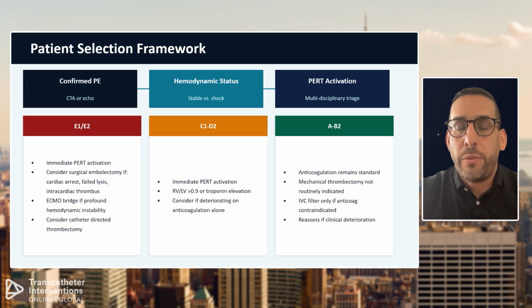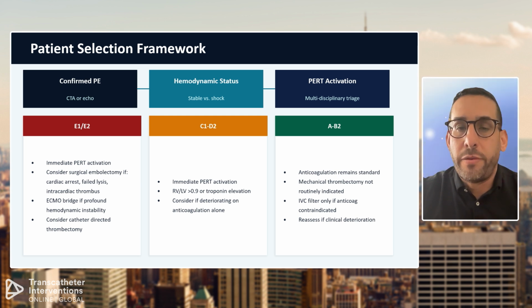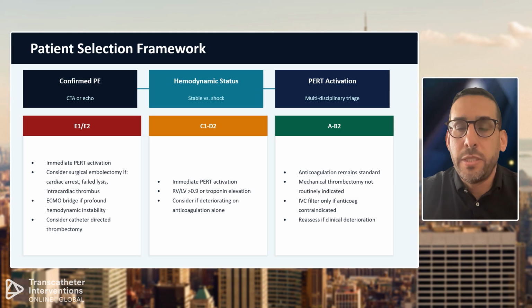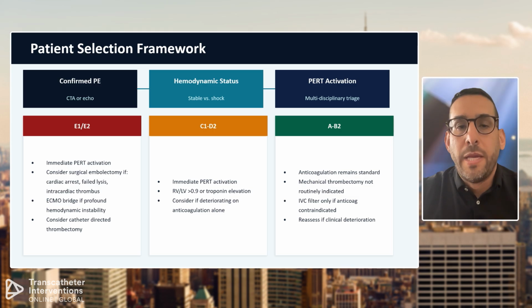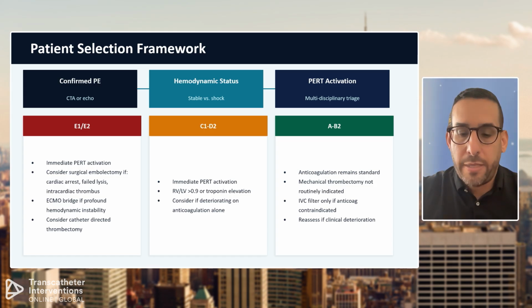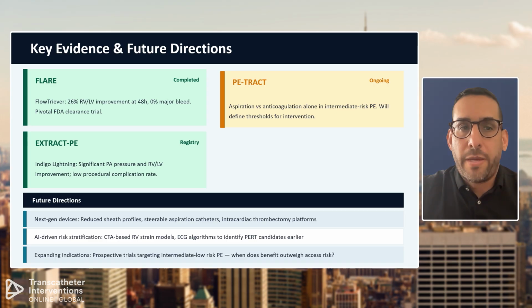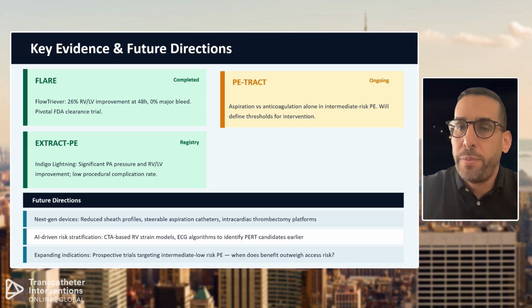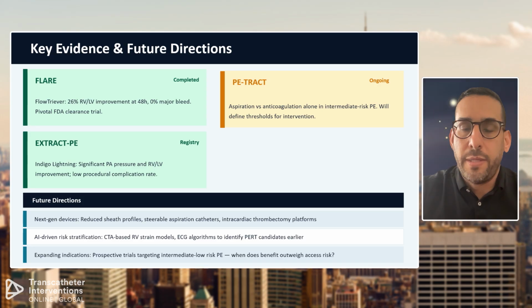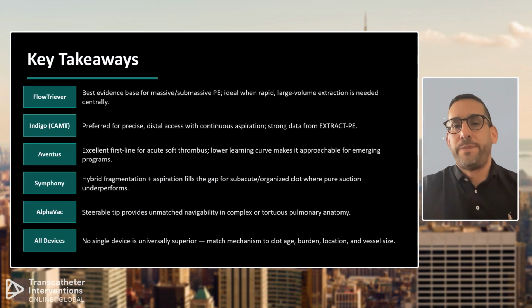There are two scenarios where I would caution you to use these devices. One is in patients who have severe systemic pulmonary hypertension. You should consider deferring thrombectomy. That's a very high-risk patient associated with high mortality. In patients with profound cardiogenic shock, you may want to consider putting them on ECMO to facilitate thrombectomy. So with that, thank you very much. And the future for PE is very bright, and I'm looking forward to the discussion. Thank you.